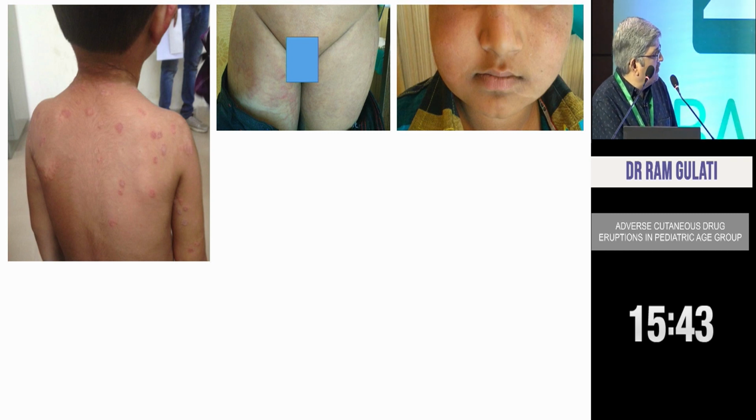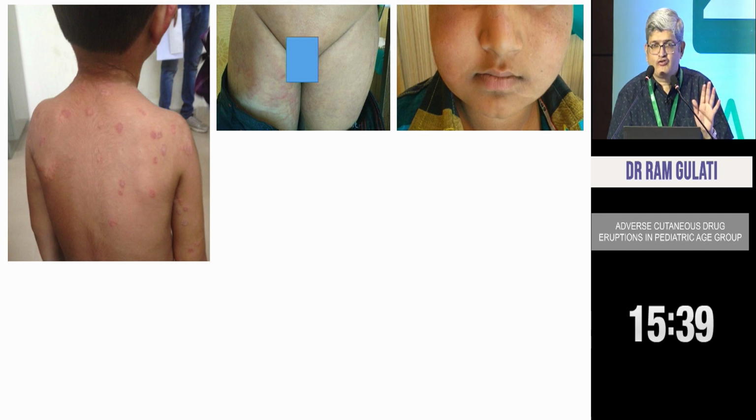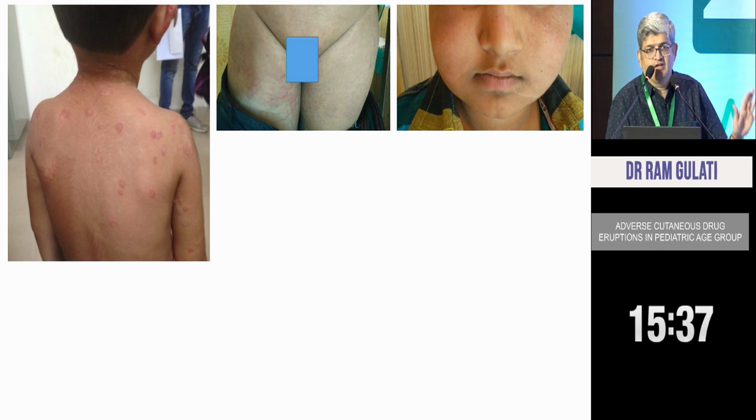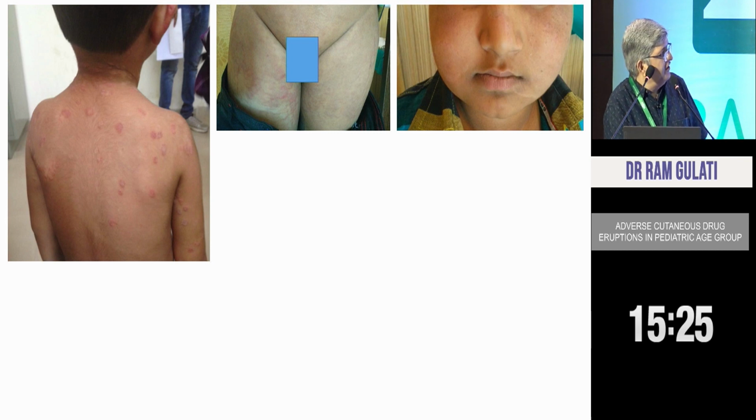So in this one you can see a big ring here and then multiple rings inside. What topical steroids cause is an immune suppression locally. So the fungus which is there in between, the moment it gets some opportunity, it actually comes out, and therefore you can see multiple rings within a big ring. So this is steroid modified tinea. You can see striae. You can see even a Cushingoid status because of the use of steroids in a child